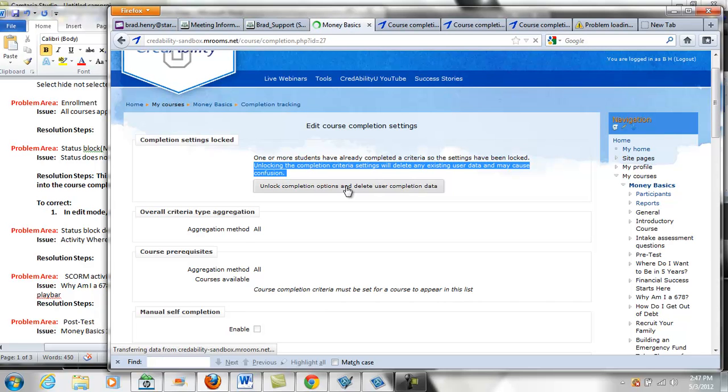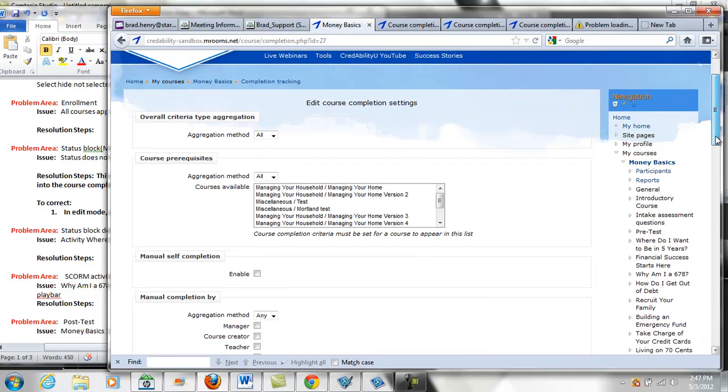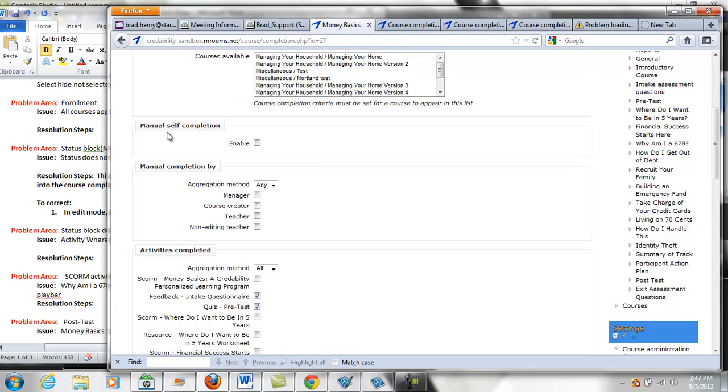So now when I select this, I never want to select manual self-completion, but what I do want to select is to allow a teacher to go through and manually update any of these courses for a user. So if a user has completed specific activities, they first need to run a report, and then they'll have to go back and manually update the content for the users. As you can see, now I can go through and start selecting